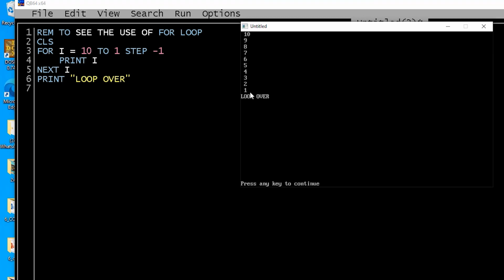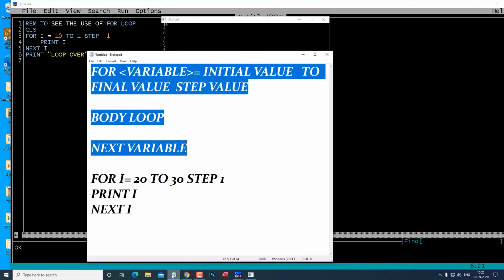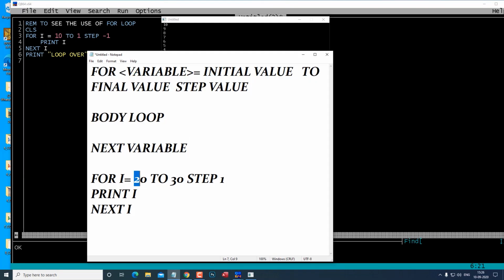So at places where the initial value is greater, this is the initial value, if this is greater than the final value, then we make use of a negative step size. For a positive step, the initial value has to be smaller; for a negative one, the initial value has to be greater. So here, instead of 20, if I make it 50, so 50 to 30, here I can have a step of minus 1 or minus 2 or minus 3, depending on the output I want.